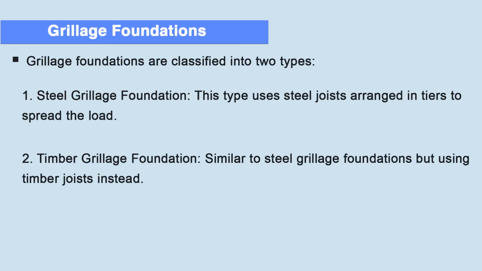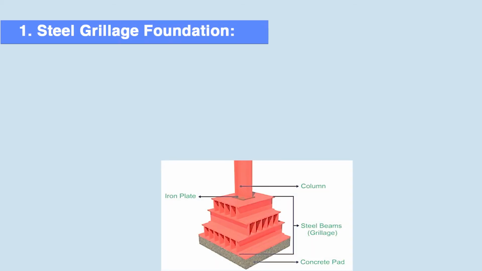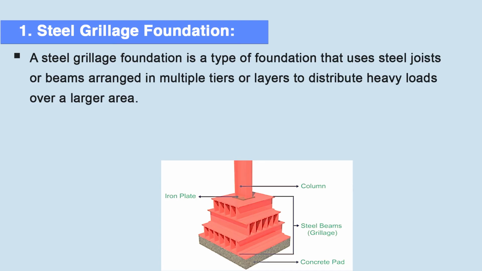Grillage foundations are classified into two types. First is steel grillage foundation, second is timber grillage foundation. First is steel grillage foundation. A steel grillage foundation is a type of foundation that uses steel joists or beams arranged in multiple tiers or